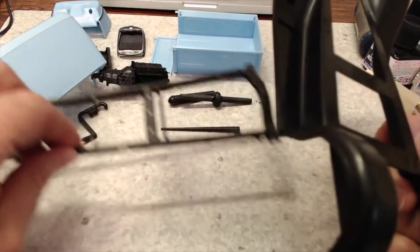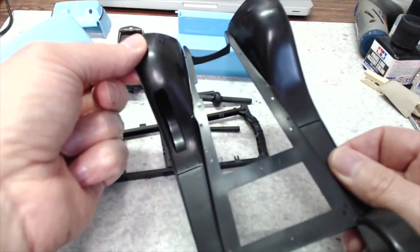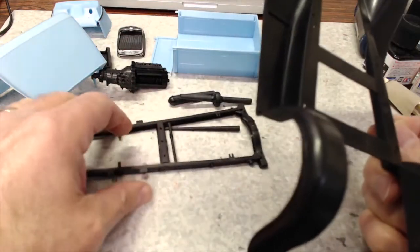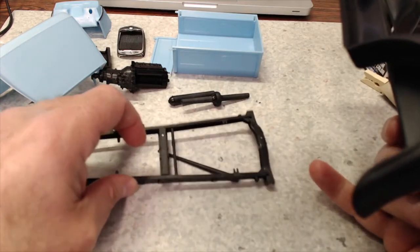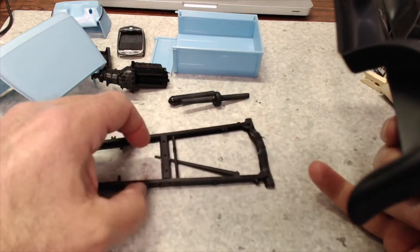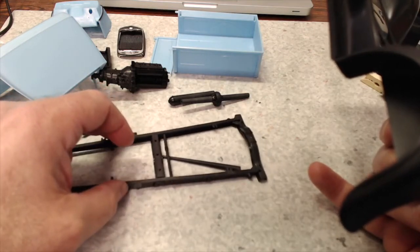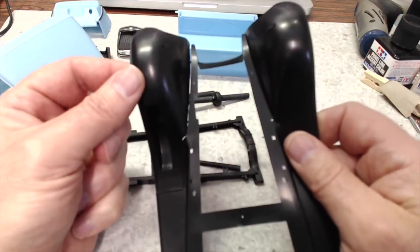Well, here's the thing. Both the frame and this have come unglued. And I don't know why. The frame I've glued back together. Hopefully it's going to stay glued now. I just glued it with a little Tamiya extra thin. I don't know if that wasn't enough. I've used the thicker stuff this time to glue it together. And as you can see here,